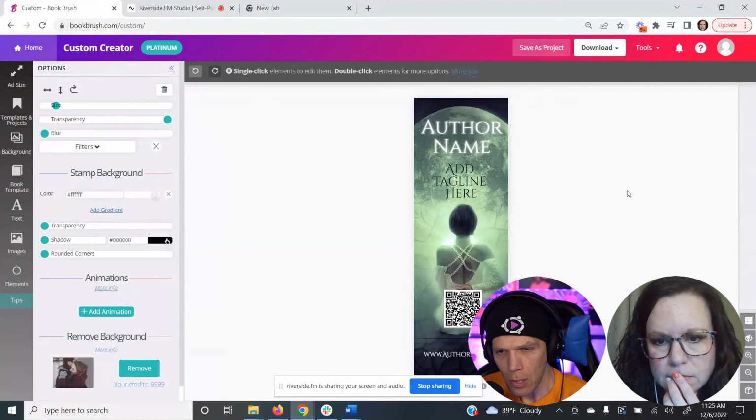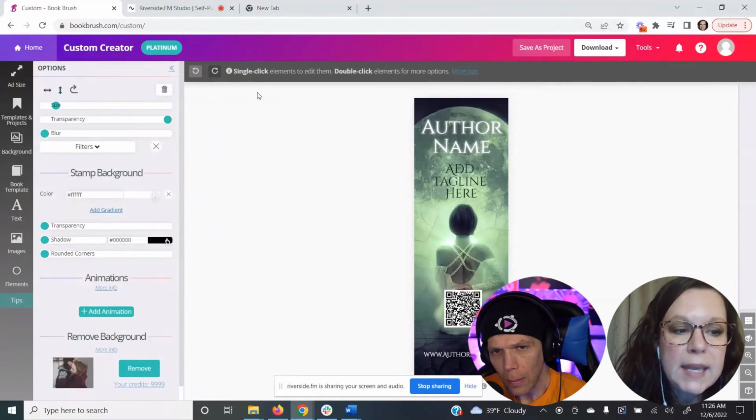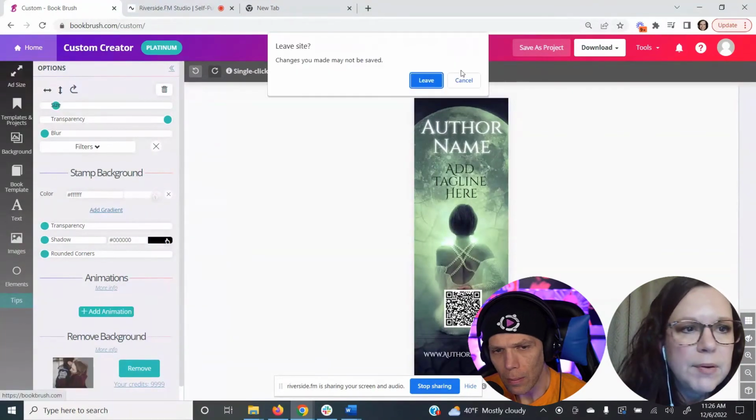Let's say, for instance, I want to slap one on the back of my paperback cover that's already designed, and I just need the QR code itself. How do I do that? No problem. You would make it the same way, okay. But what I would probably do,